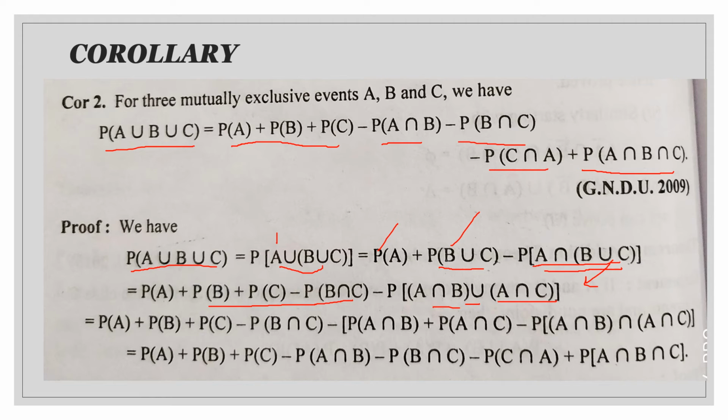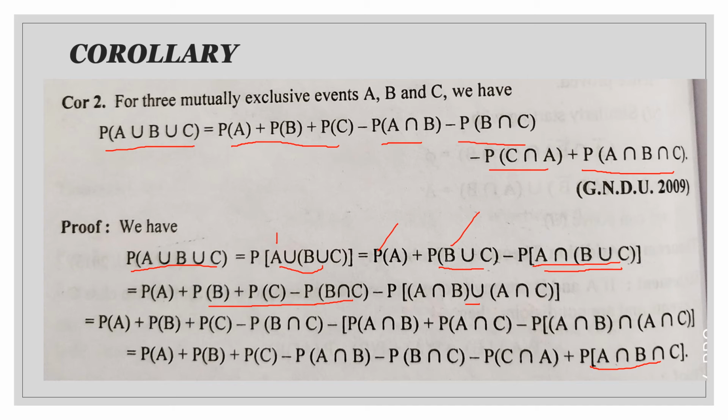Now these terms are written like this. Now this is again a probability of two events, A union B. Suppose this is A, and suppose this is B. Then again by the addition theorem, probability of A plus probability of B minus probability of A intersection B. Combining with the intersection property and opening all brackets, this becomes minus, this also becomes minus, and this sign becomes positive, and it is written as P(A intersection B intersection C). In this way, we have proved this part.